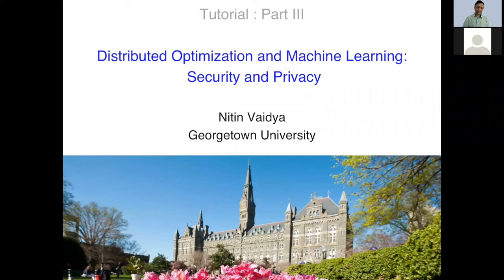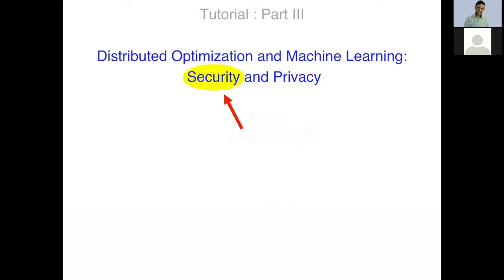In part 3 of the tutorial, we will discuss security in the context of distributed optimization and machine learning. In the first two parts, we talked about some examples of such algorithms without worrying about security or privacy. So we have seen some basic algorithms that are designed for the server-based architecture as well as decentralized or peer-to-peer